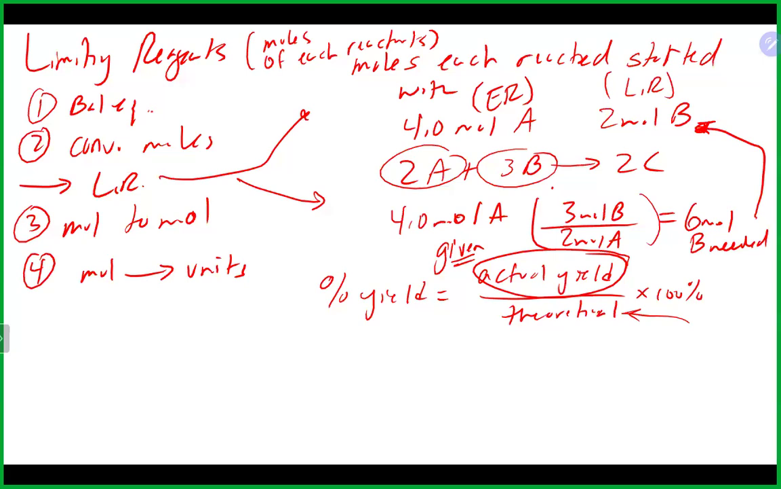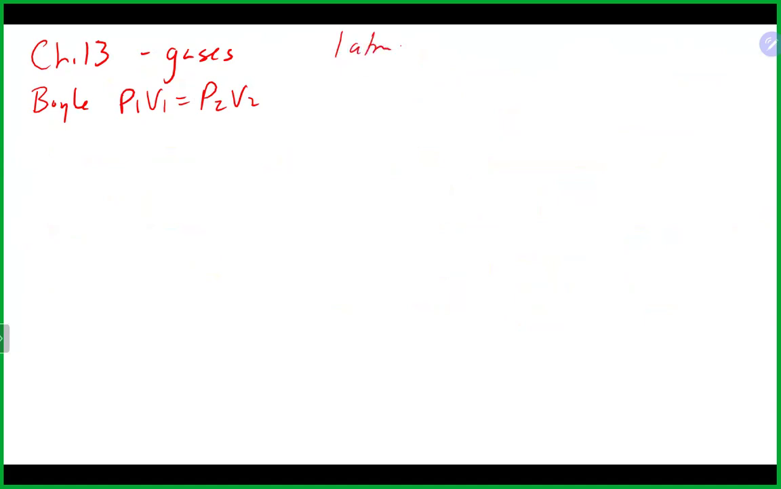All right, so we did 10, I did 11, we did 12, so 13, which I think is gases. Chapter 13. So gases, pretty much we had a bunch of gas laws. So we had our friend Boyle, which was P1 V1 equals P2 V2. Remember that 1 atmosphere equals 760 millimeters of mercury and 760 torr. This is at constant